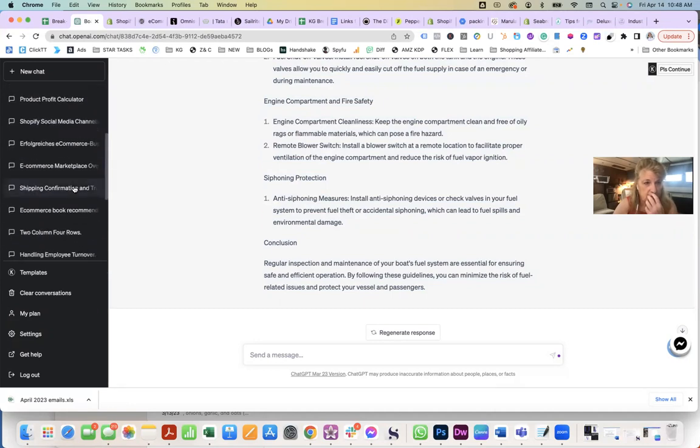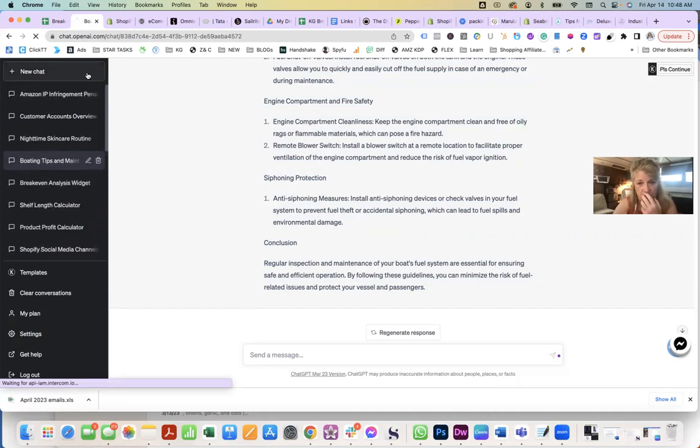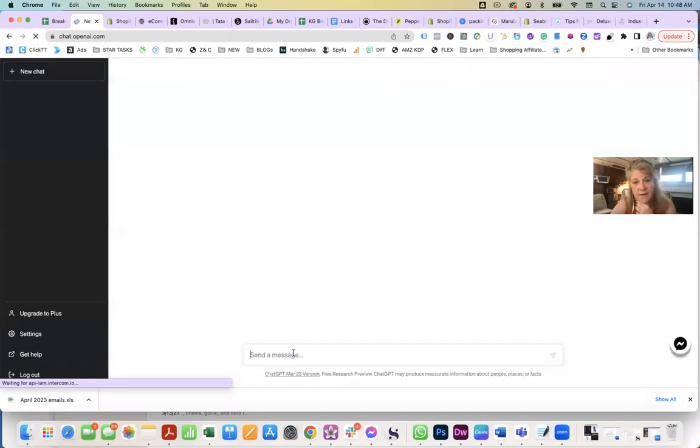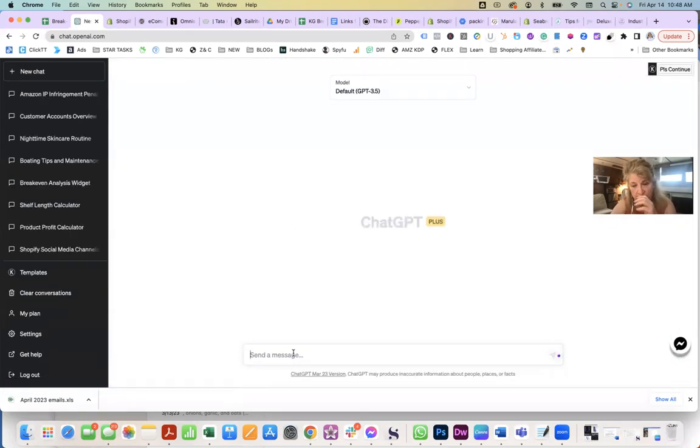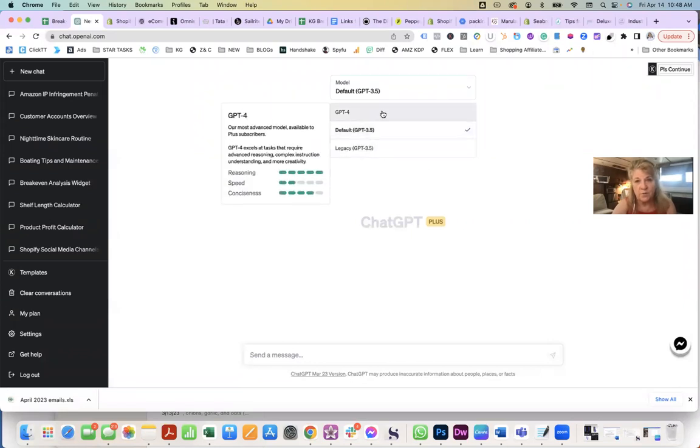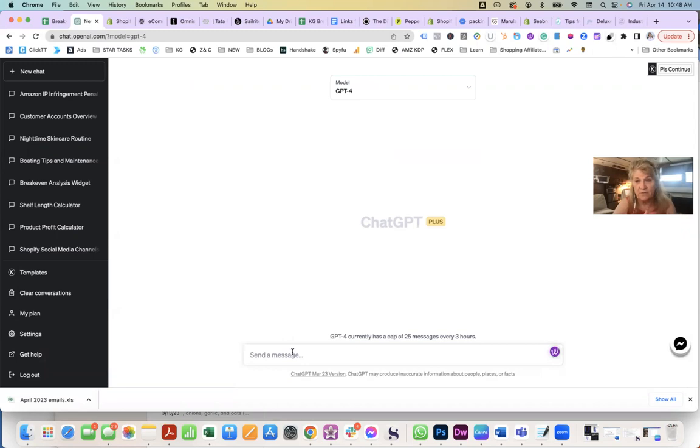Actually, you know what we're going to do? We're going to start a new chat. So I will ask it, and I start messing around in it. I'm a member, so I've actually subscribed, and you can have it for free, except every now and again it goes down. So I will literally ask it to code simple HTML code,